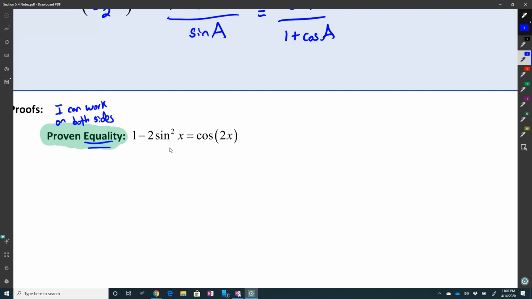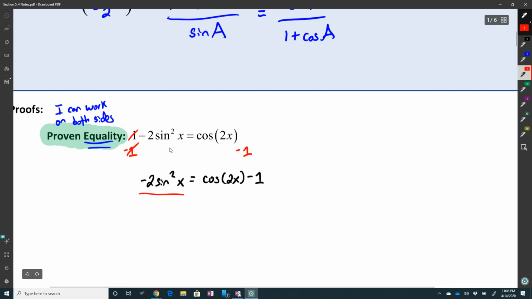Anyway, so what we do is we just subtract the 1. And you have negative 2 sine squared x is equal to cosine of 2x minus 1. Then I divide by negative 2. So I have sine squared of x is equal to,